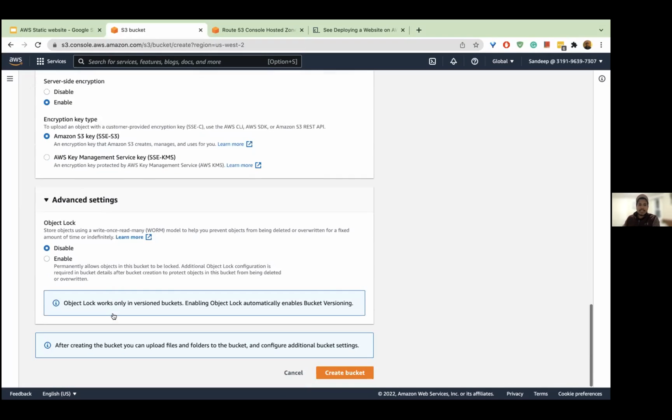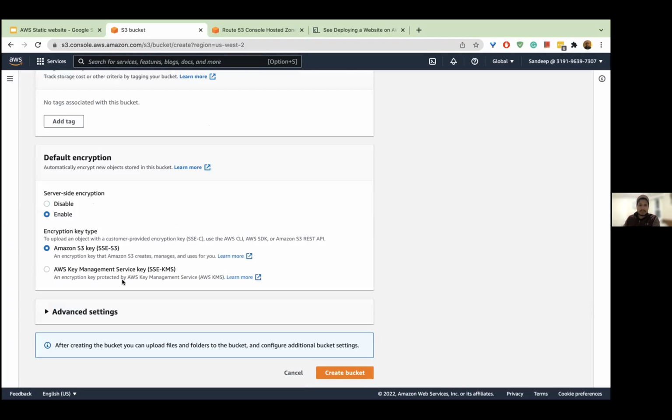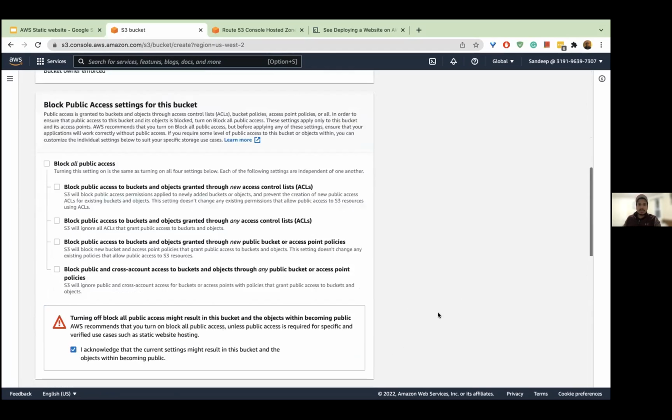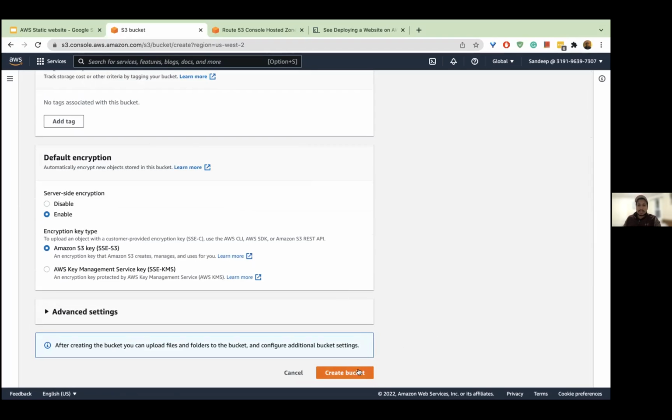And then there are some advanced settings. I think we're not going to talk about those right now, but it's a different kind of setting. If you guys really want to talk about it, feel free to discuss it later. But I think for now we're going to skip. So simple as that: create a bucket, give it a name, choose a region, choose some settings, and then